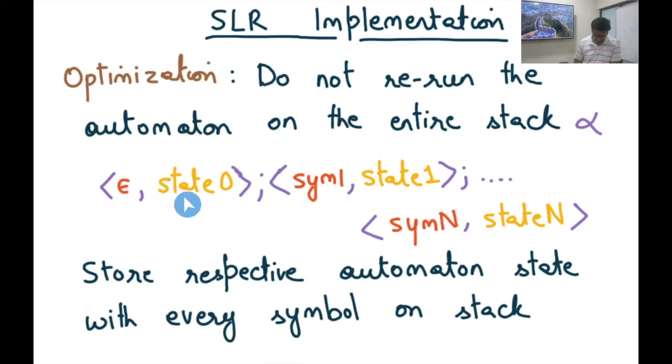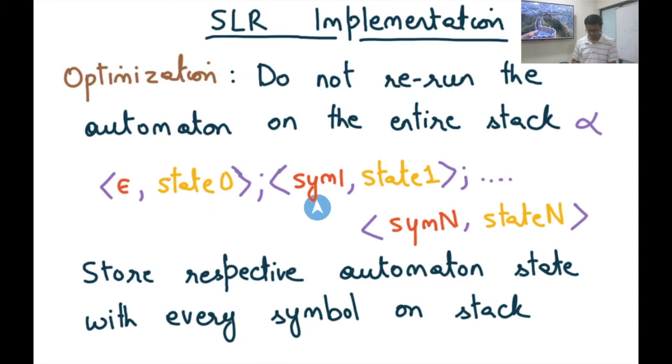And the state here is representing the state of the automaton. And recall that when we say automaton, it could be either an NFA or a DFA. However, when we talk of an NFA, the state would basically mean a subset of the states of the NFA, whereas for a DFA, it would be a single unique state that we are referring to. So for convenience, I'm just going to assume that it is a DFA. And so when I say state 0, it represents a single state of the DFA. And we know that these things are interchangeable. So any state in a DFA represents a subset of states in the NFA and vice versa. So we're going to assume the DFA. And so epsilon comma state 0 represents the initial state, or the start state, of the DFA.